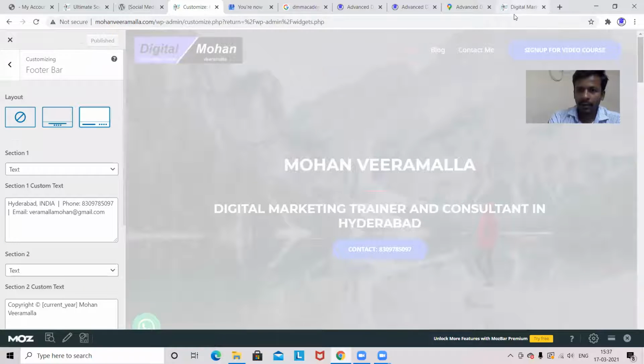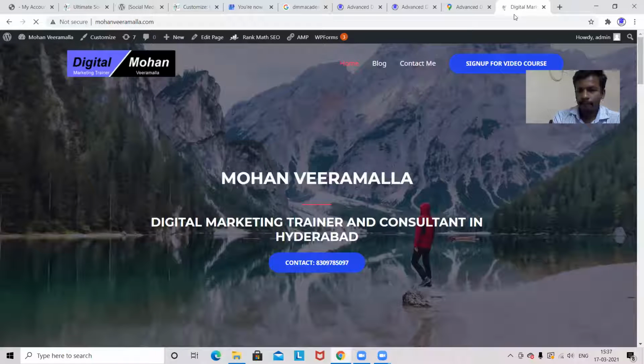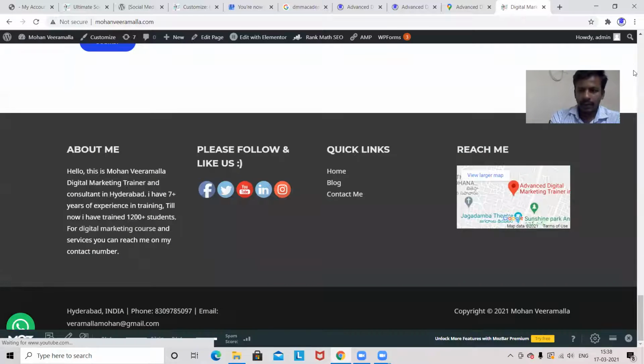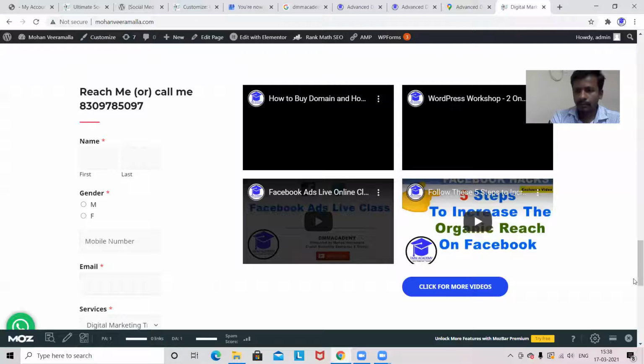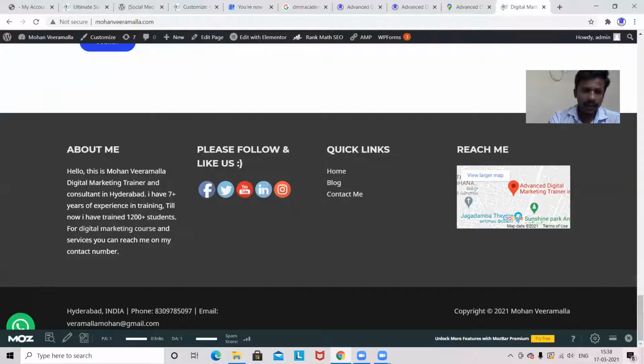So in the front end, if I refresh, here you can see in the footer bar section, on the left hand side we got the address, and on the right hand side we got the copyright.